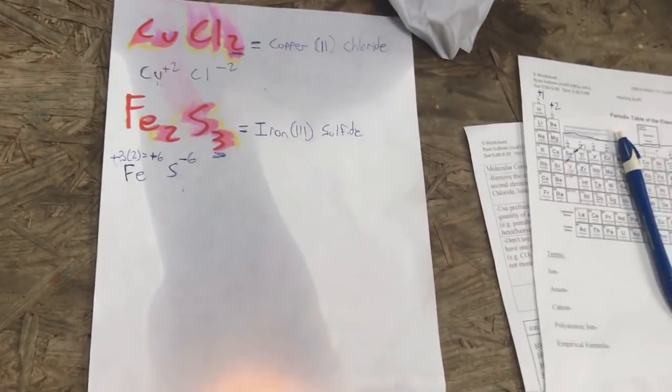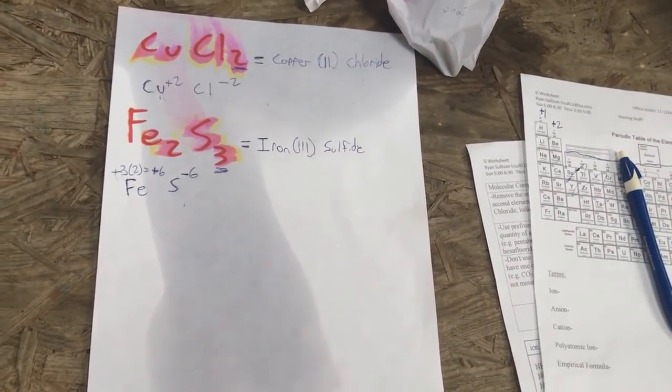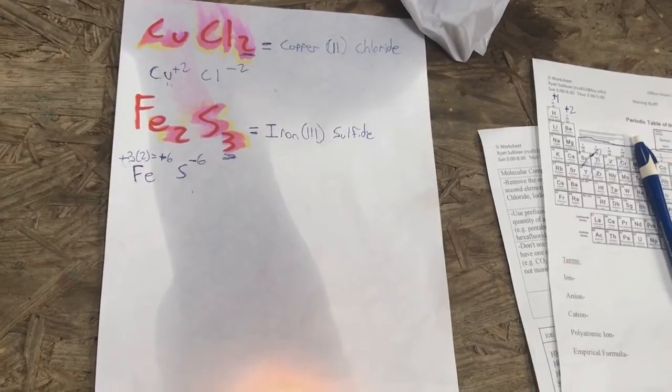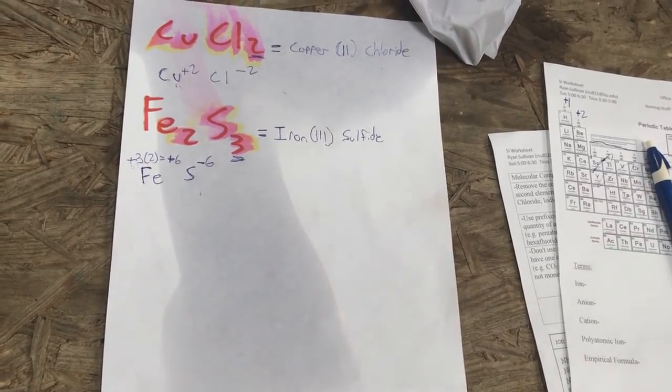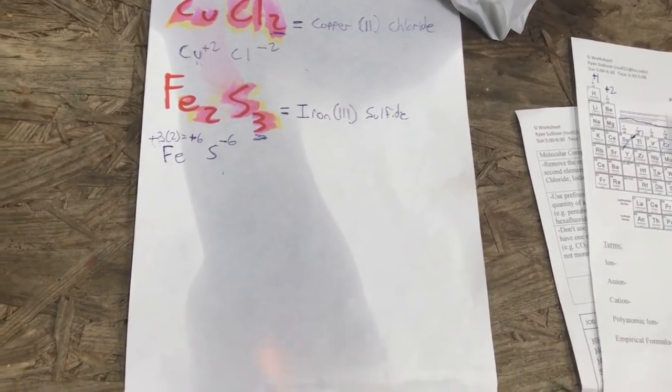And then last but not least, I'm going to talk about examples where you could have to deal with going backwards through this whole process. So if you have, for example, say,